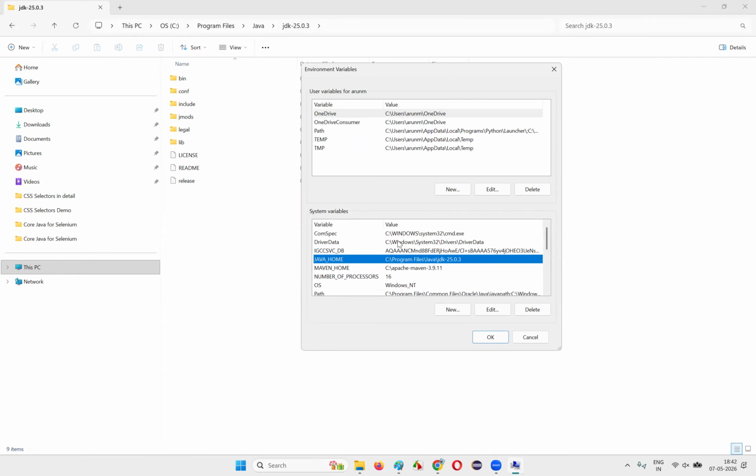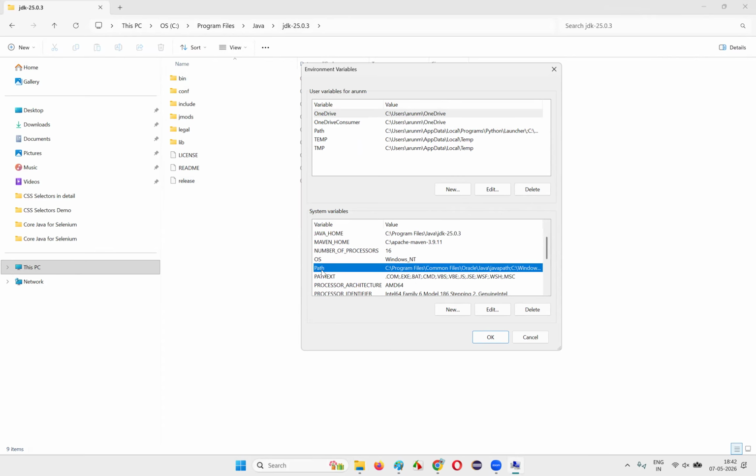After that, scroll down until you see the Path system variable, which will be there by default. With JAVA_HOME we have created a variable with the path of the Java installed folder, but the Path system variable will be there by default in your machine. Be careful while you are working with Path. Don't delete or make any changes here. Apart from whatever changes I mention, you should not make other changes. Select this Path system variable, which you don't have to create, but will come by default. Click on